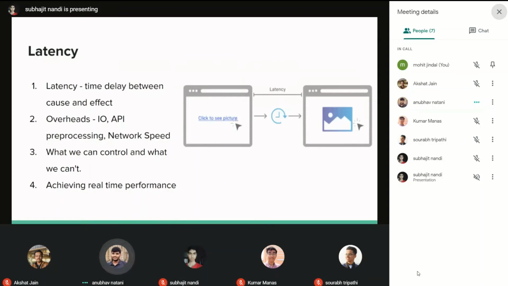Second, we cannot control the IO speed as well. We cannot say that the user is using touch input or a keyboard, or he can be using any device, so we cannot control IO latency either. But we can control the delays of WebSockets, or of protocols, or of API processing. So we should select the best protocol that will provide us with low latency in communication from server to client, as well as send the data between both directions asynchronously. This is our main thought behind achieving real-time performance, and it is a main criterion for a collaborative text editor. Next.